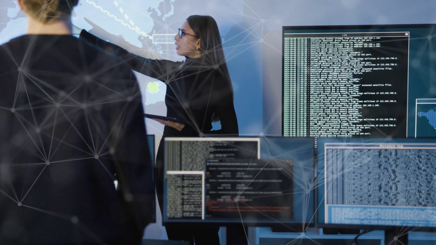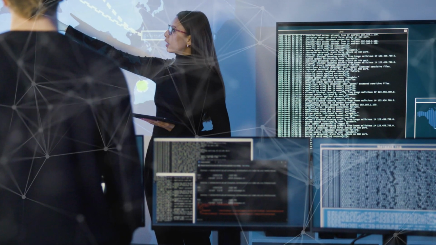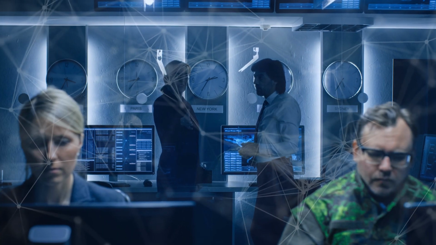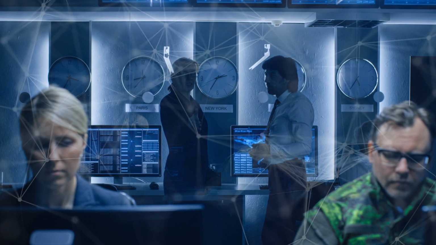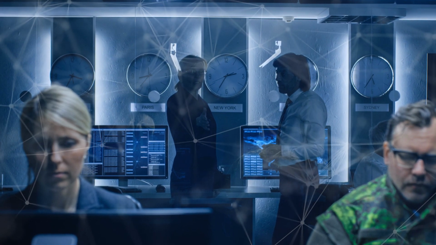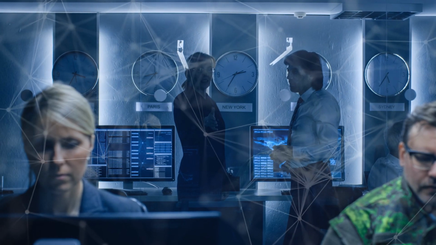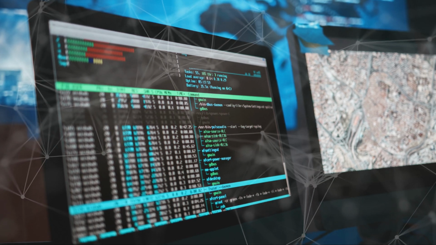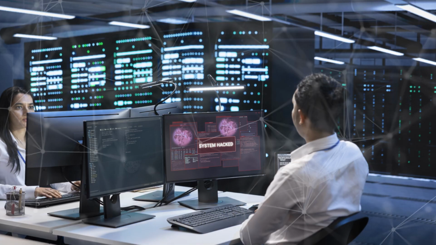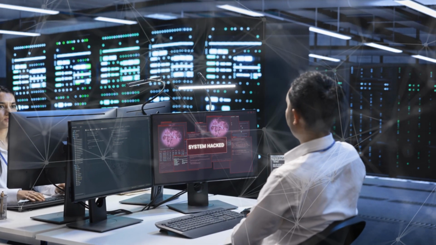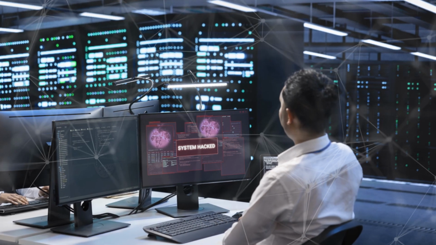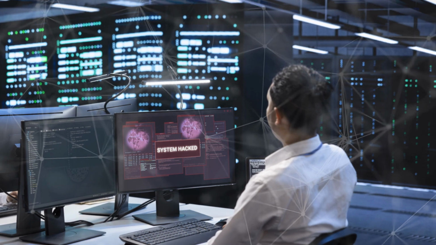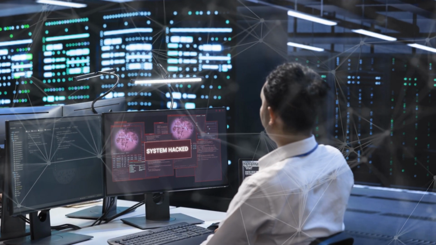Mitigating zero-day threats requires a proactive approach, one that anticipates attacks rather than simply reacting to them. This involves staying informed about emerging threats, adopting robust security monitoring practices, and responding quickly and effectively when an attack is detected. Threat intelligence plays a vital role in staying ahead of the curve. By gathering information about emerging threats, vulnerabilities, and attack techniques, organizations can proactively strengthen their defenses, patch vulnerable systems, and educate users about potential risks.